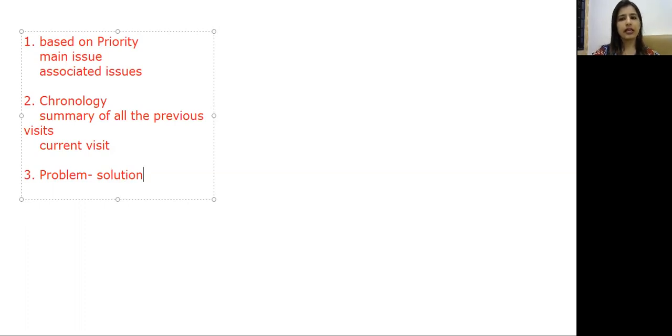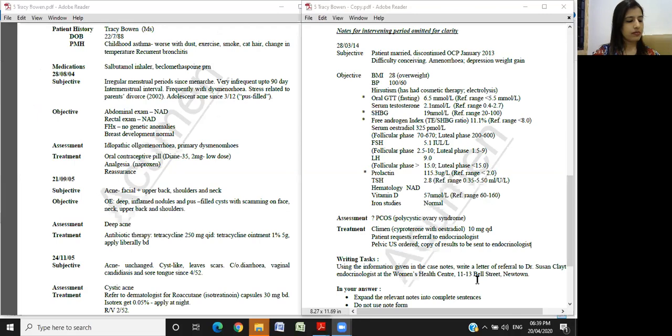So in this letter, we are going to go priority wise. We are going to go priority wise. So what is the priority that we are trying to highlight? We are trying to highlight the PCOS, right? So always in the first paragraph you write,